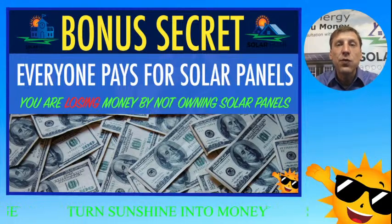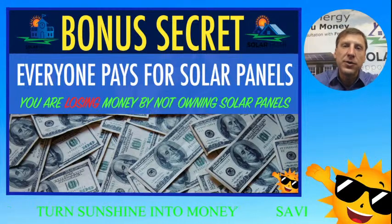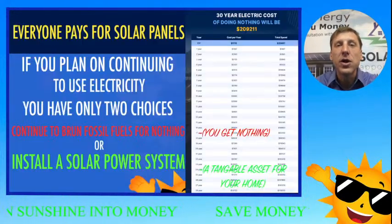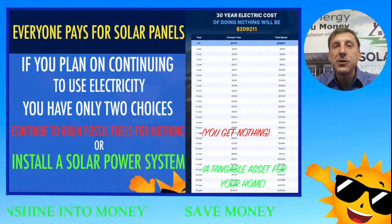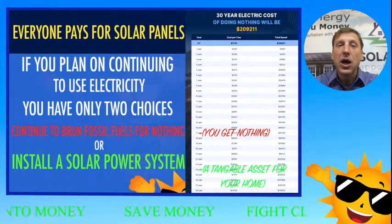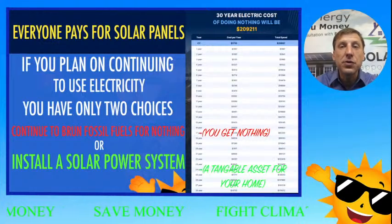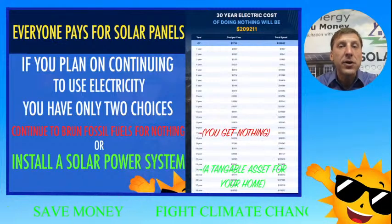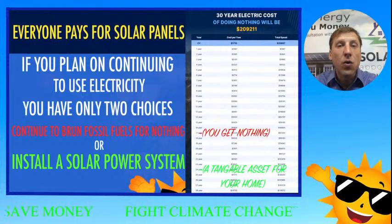Bonus secret: everyone will pay for solar panels. You are losing money by not owning solar panels on your home. If you are planning on continuing to use electricity, you really only have two choices. Continue to burn fossil fuels, receive absolutely nothing in return except a higher bill year after year, or